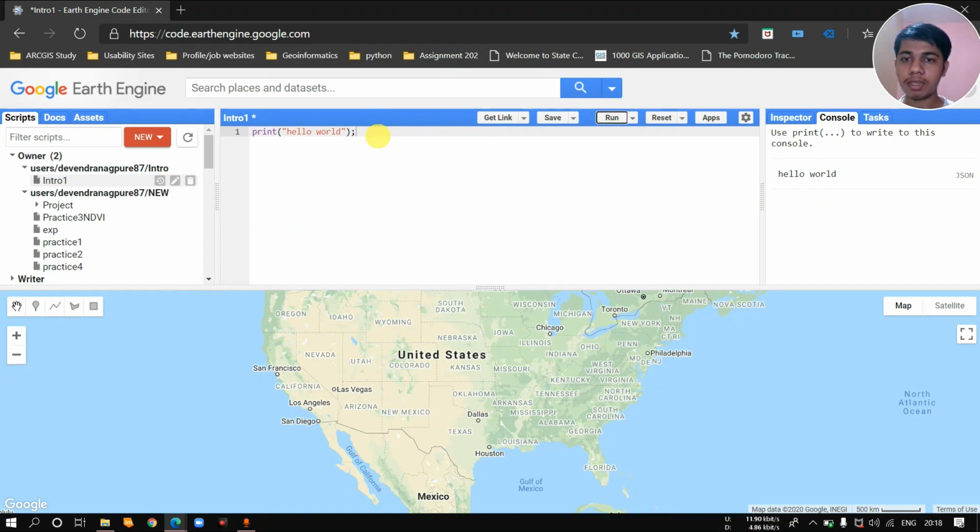Comments can be written using the forward slash, like this is a comment. So this is used for writing a comment. You can write it over here, or you can also write it over here, like this is written as hello world. So this is also a comment.